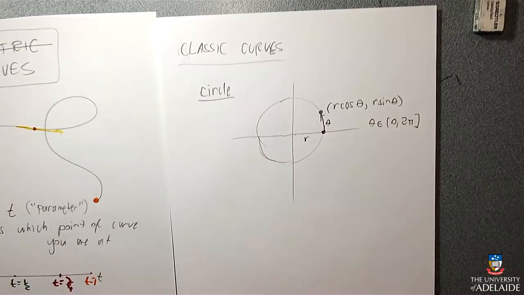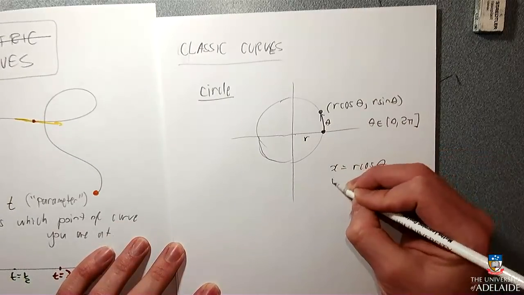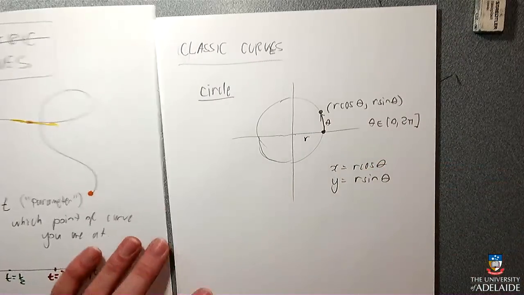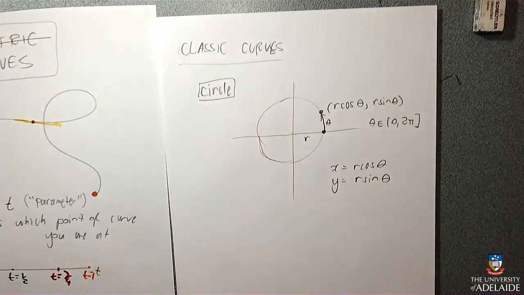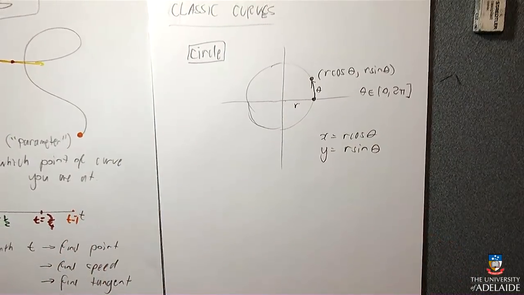This is a classic parametric curve. And a lot of times when you write parametric curves, you will write them as x equals r cos theta and y equals r sin theta. So that's a classic. Most parameterizations, they're called, if you want to find a way of describing a 3D object, a really useful way of doing it is to cut it into circles and use this. The students in multivariable calculus 2 are currently needing to know how to do that. But it also happens in physics. Okay, so that's your circle.